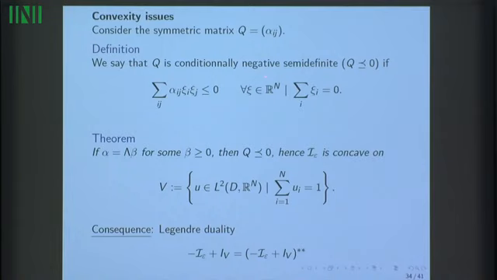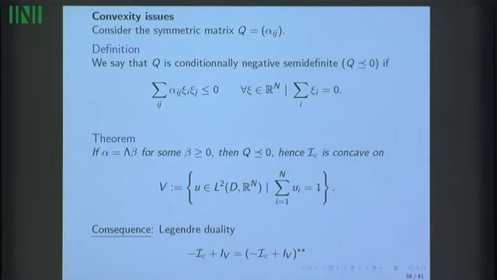So it's like negative semi-definite, but on this linear space. And if you have this algebraic property, then you can prove that the function with the approximate interface energy is concave,